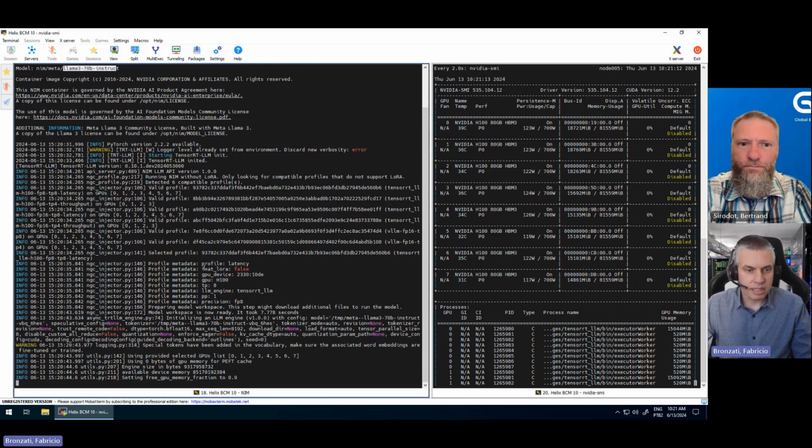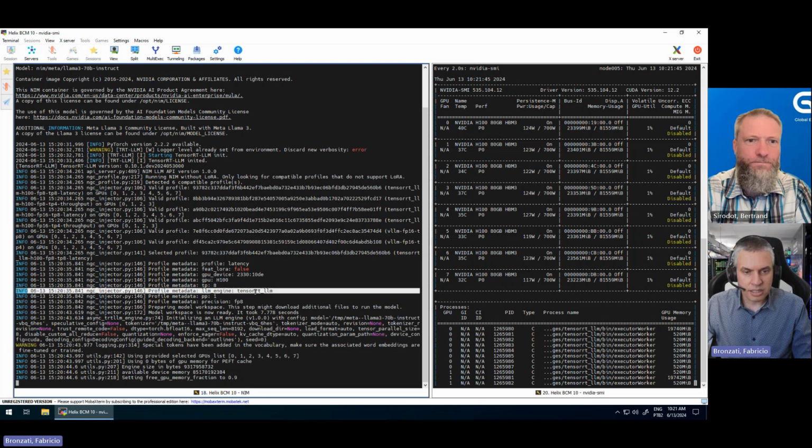The first time you run this command, it will do everything, and after a few minutes, it will be ready to use. Here we have the profile that was selected. As we have 8 GPUs available, it selected the best one with the lowest latency using 8 GPUs. The GPU model is the H100.